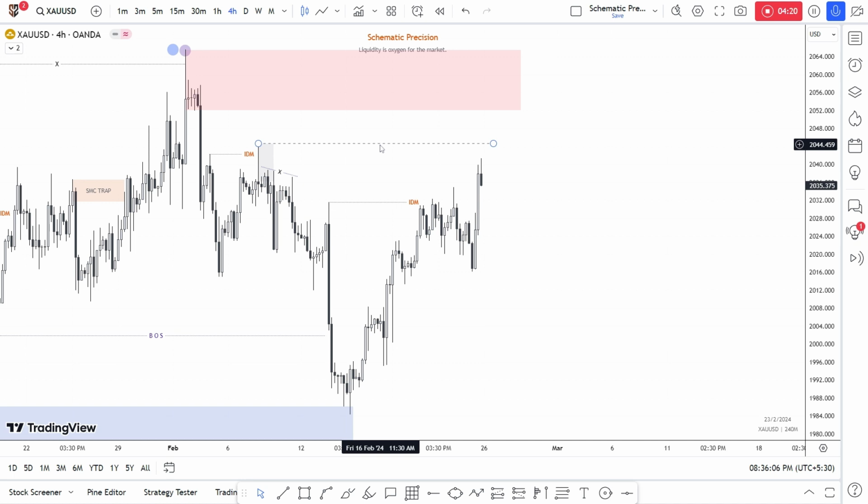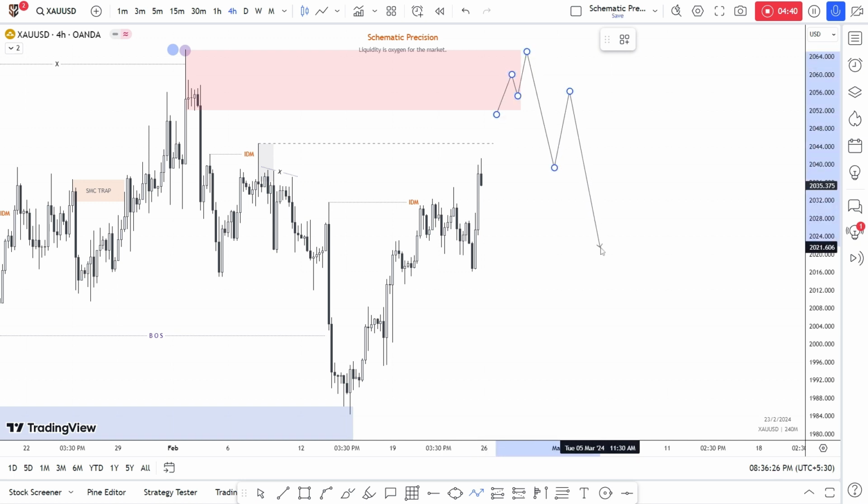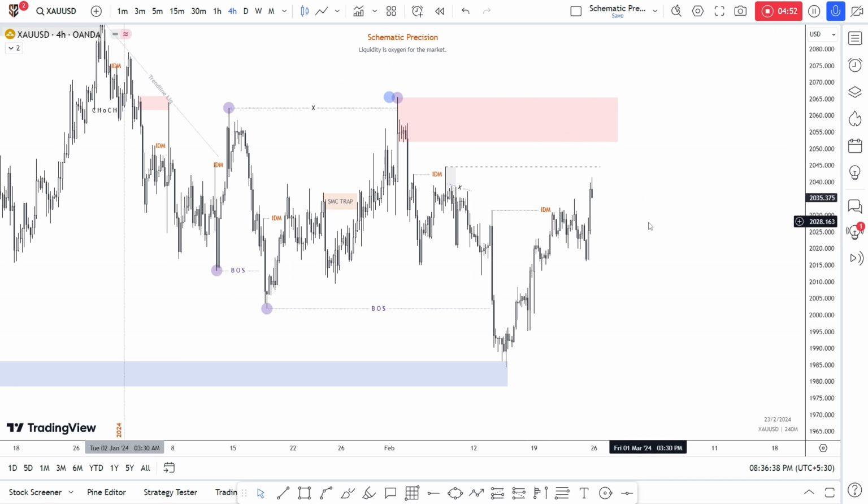And next, I'm still expecting price can go higher, take this high, which is 2044.3, and then eventually come into this extreme POI. And in this, we'll see what happens if we see any change in structure or something which changes the dynamics in the trend. Then we'll look for sells. So this will be the scenario on 4 hour.